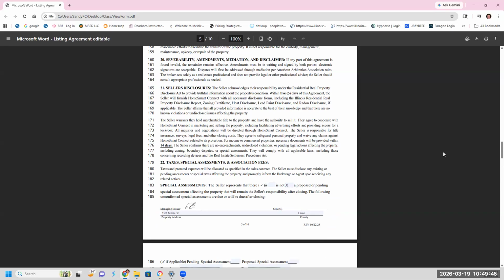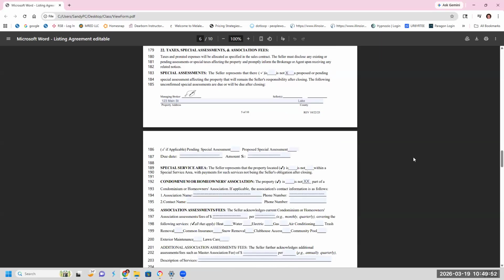Do all of you know what a special service area is? Yes, no? A special assessment is a situation where the association says to your seller, we need new roofs, so we're going to special assess you $50 a month for the next 3 years to pay for the new roof. So that will be in addition to your regular association fee.